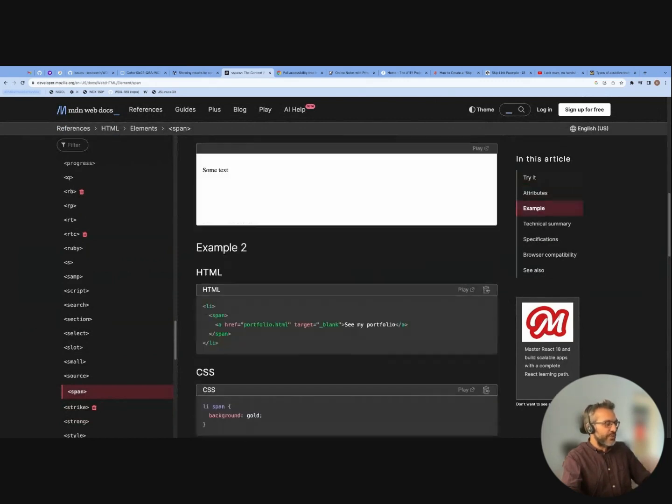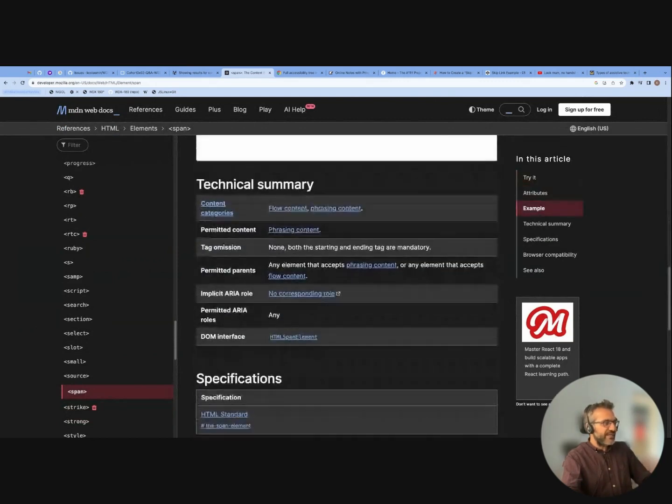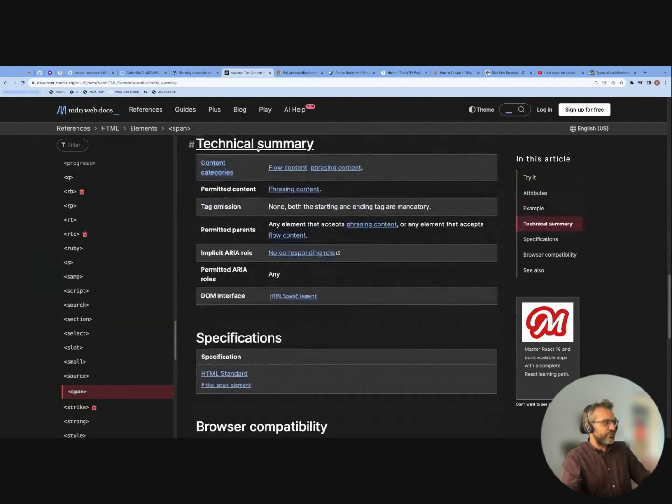So I will scroll down to the technical summary section. Here in the technical summary, what Mary was pointing out was this one, the permitted content. This is what is permitted to be placed as content in this tag. The span tag has very specific permitted content. What is the permitted content of this tag? The phrasing content. Okay, I have no idea what the phrasing content is, so I can click,